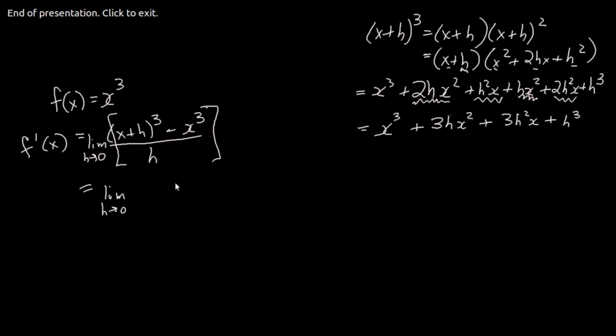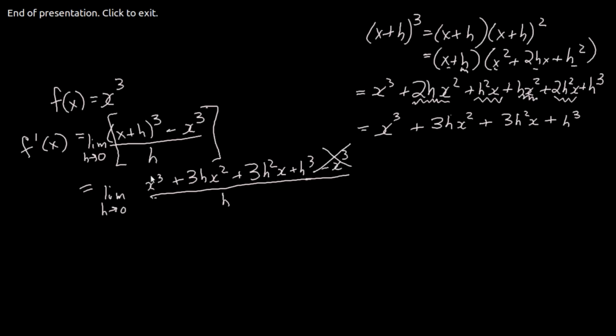So that is the limit of x cubed plus 3hx squared plus 3h squared x plus h cubed all over h as h goes to 0. And don't forget this guy, minus x cubed. So again, I see that this guy cancels this guy. So this will be the limit as h goes to 0 of 3hx